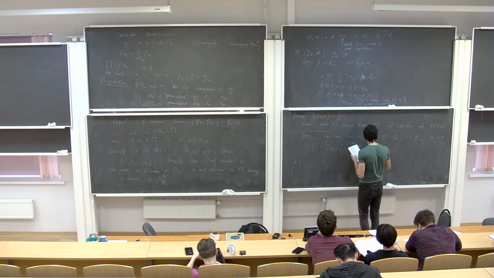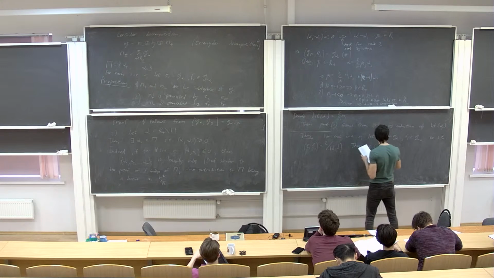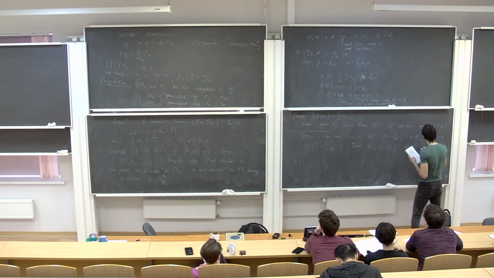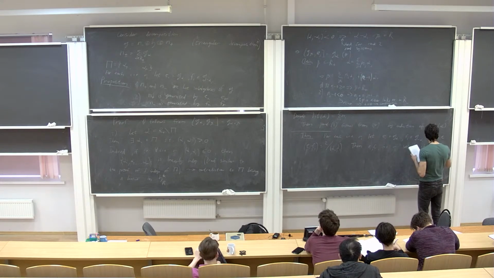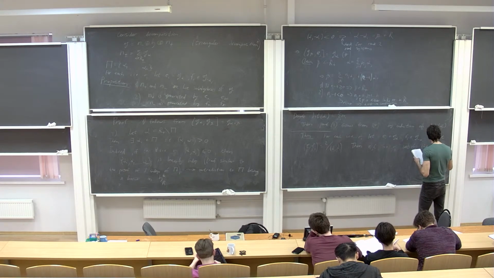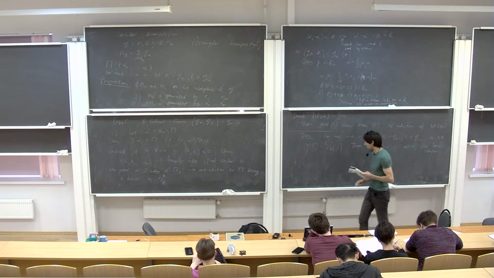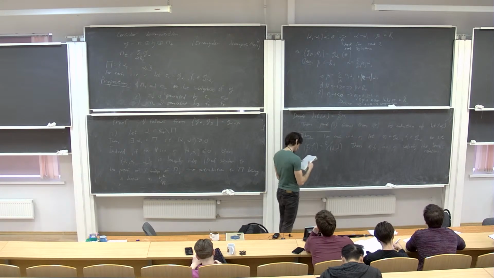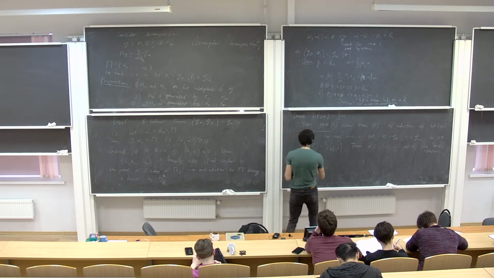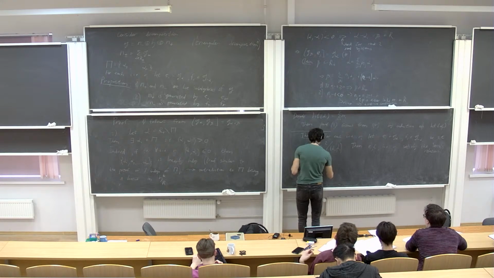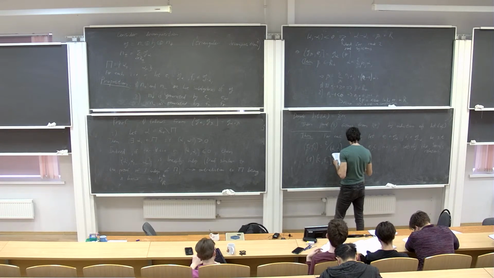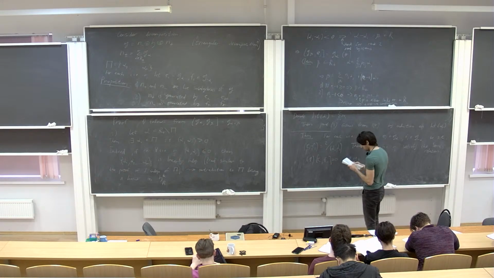Okay, so then e_i, f_i, for i from 1 to r, satisfy what's called the Serre relations. So what are those? First of all, e_i and f_j commute for all i not equal to j. Then secondly,